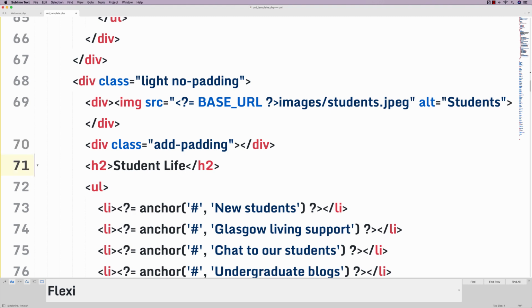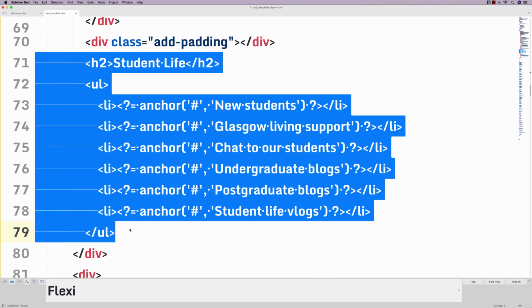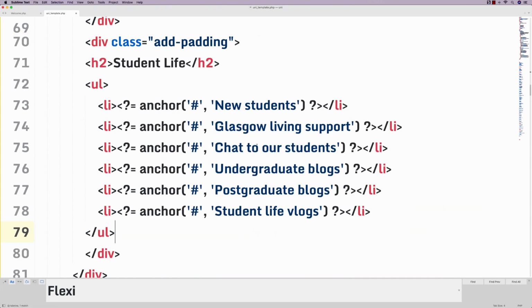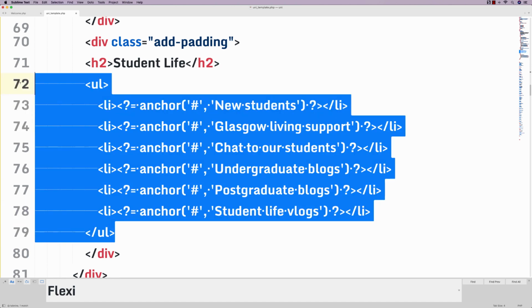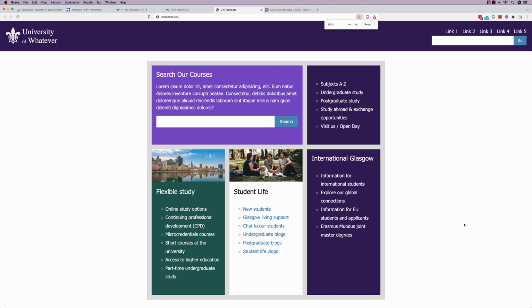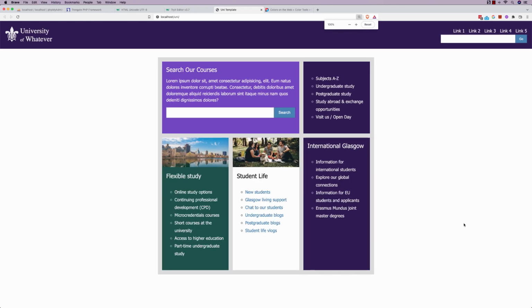We'll copy all of the text here. So let's copy that. And we'll paste in. Indent. Save and refresh. Okay, that's looking pretty good. Alright,